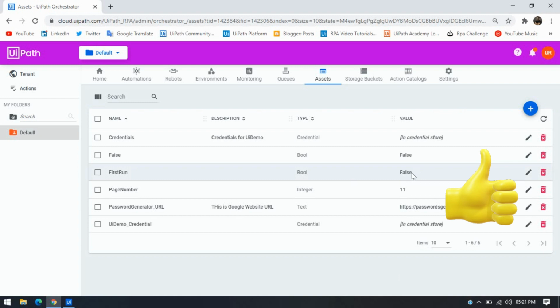So in this way you can give access to your robot for any of these things. If you're getting forbidden issues for any of these things like creating a queue, updating a queue like that, you'll have to just give access to your robot. Alright, so I hope that fixed your issue.